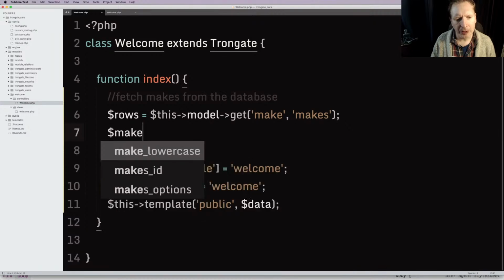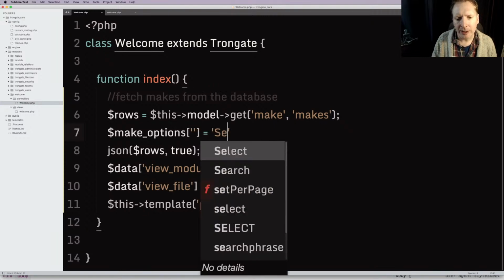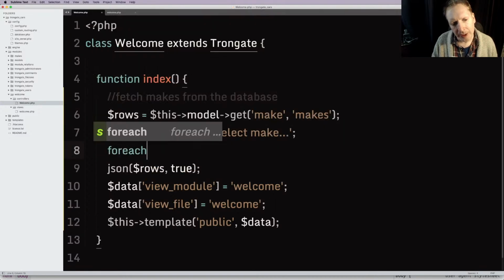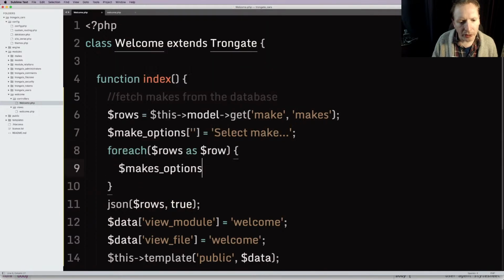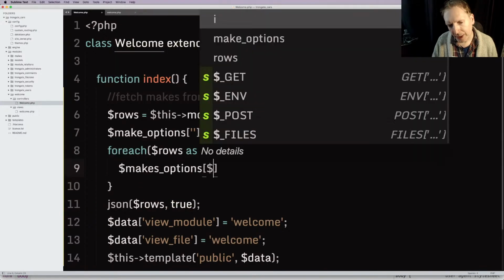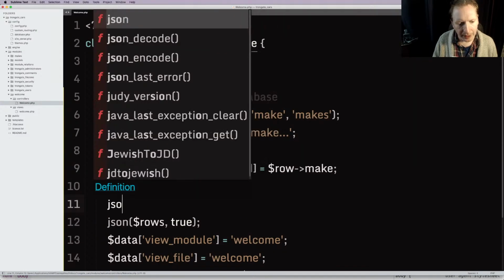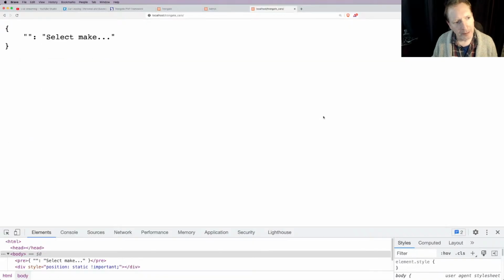So what I'm going to do is I'm going to say make options. I'm going to set up this array. First key value pair is going to have an empty string for the key, and it's going to say select make. Then I'm going to say for each rows as row, I'm going to say make options, and the key is going to be row ID. That is going to be equal to row make. And now if I say JSON make options true, you'll see,